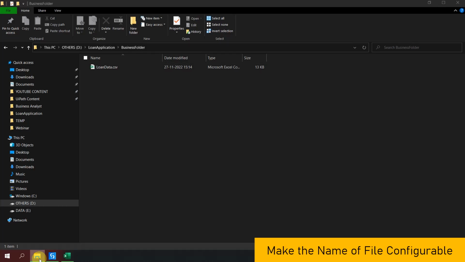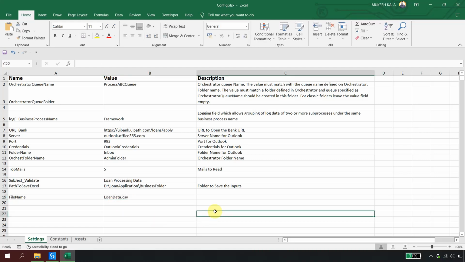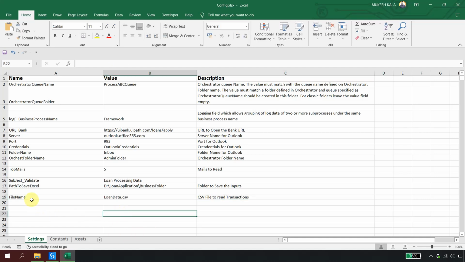The file name is loan data.csv. And I can say that this is a CSV file to read the transactions, right? I'll take this file name, go back to the